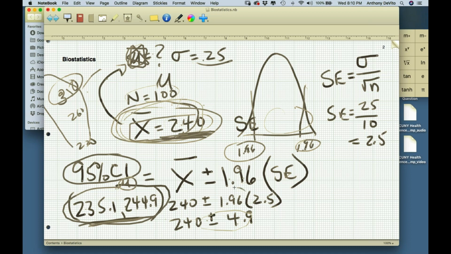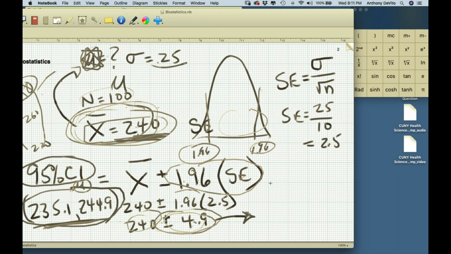Okay, what do you think we might call this number that we add and subtract? This 1.96 times the standard error turned out to be 4.9. What would be a good name for something like that that we're adding and subtracting from a number that we are working with? Think about it. What do you call plus or minus? Oh, that's about 6 feet plus or minus a foot. What would you call that? Give it an English name.